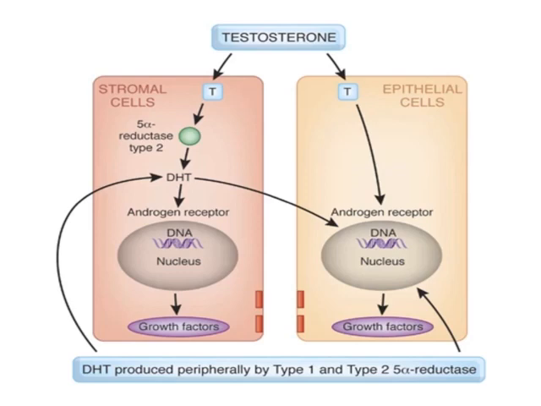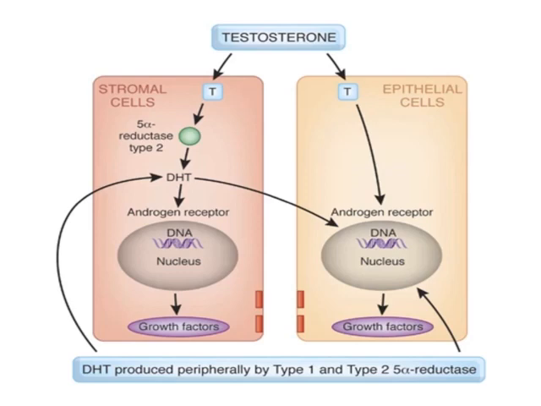This dihydrotestosterone binds to the nuclear androgen receptors, and it will regulate the expression of genes and signal the transcription of growth factors that will support the growth and survival of the prostatic epithelial and